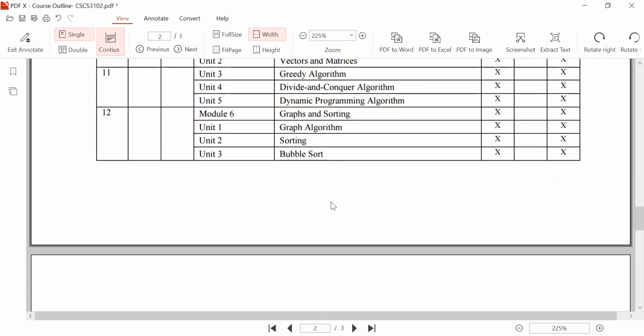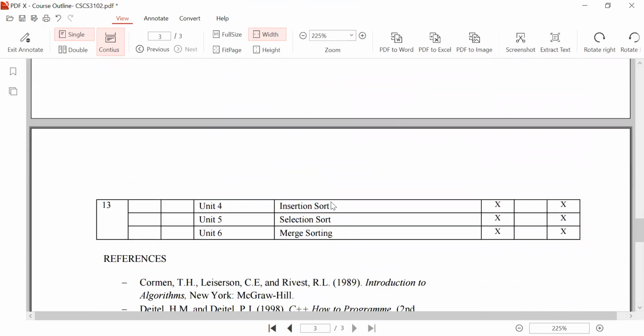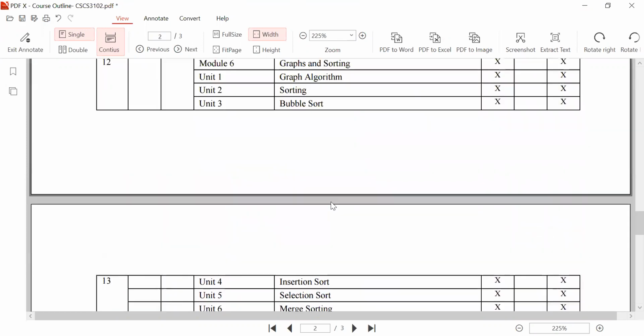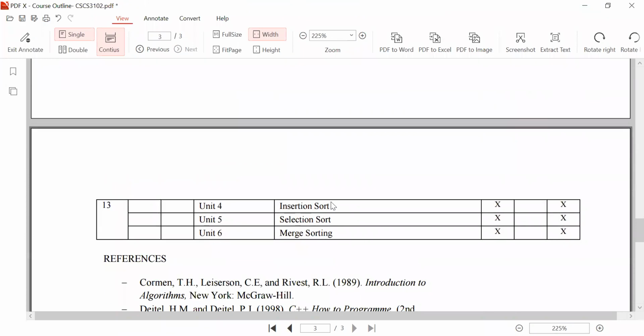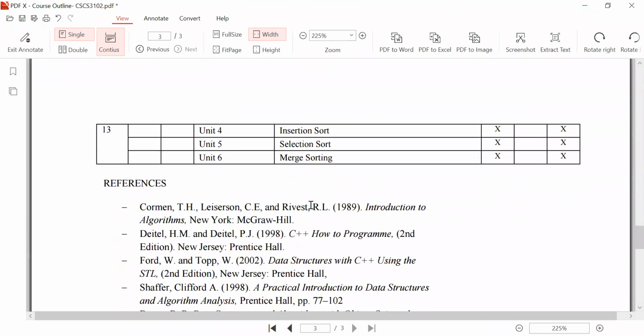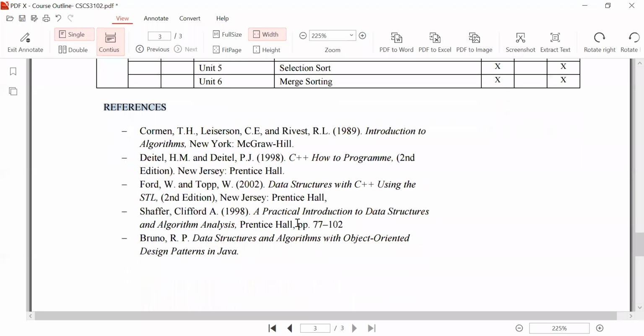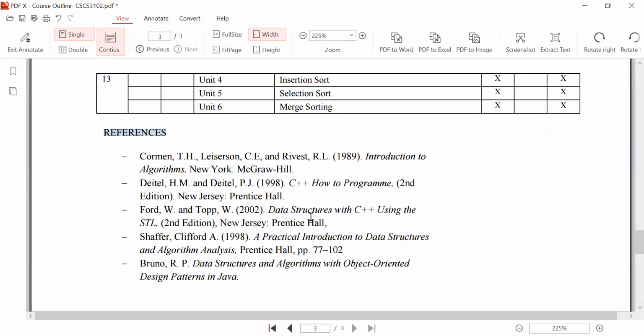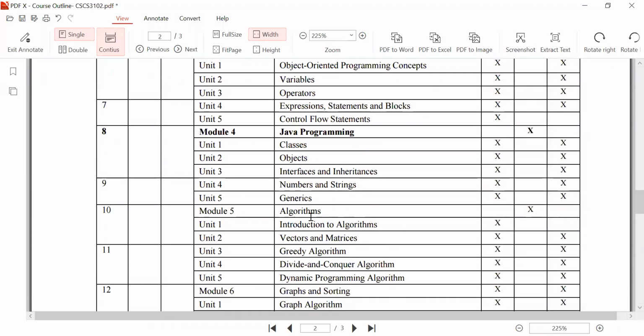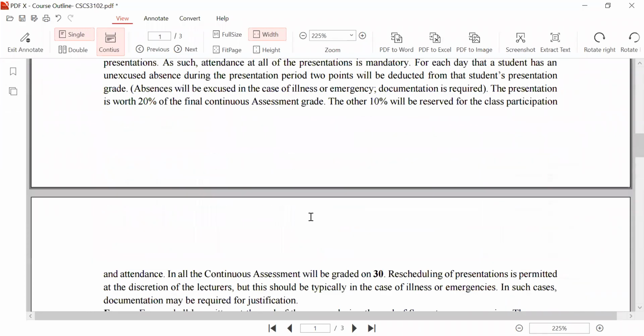Okay, I believe you have taken time to see the course outline and to understand the requirements. Okay, you have some references here, some books that you can also download and read. All right, so based on this, do we have